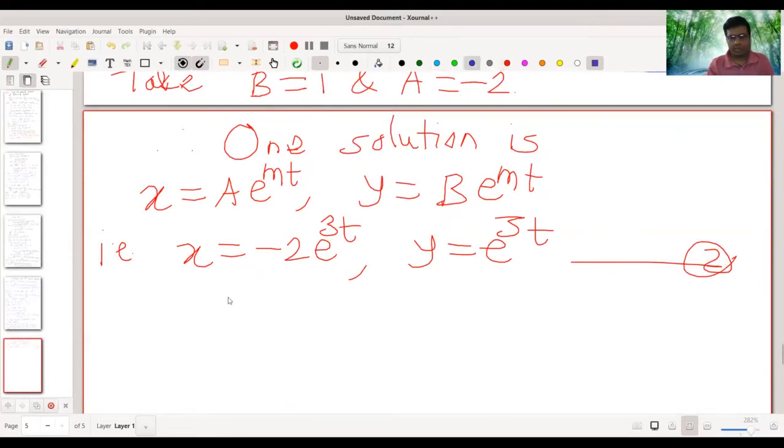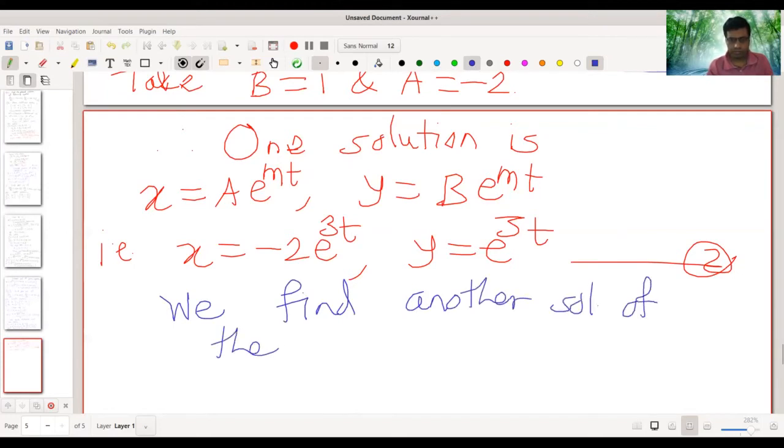Now we find another solution of the form x equal to